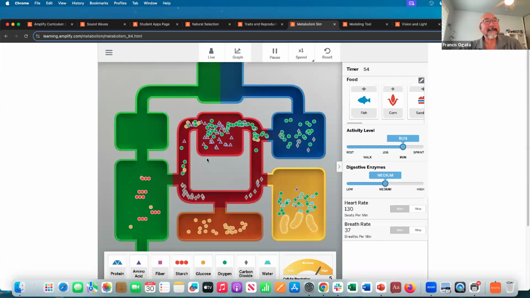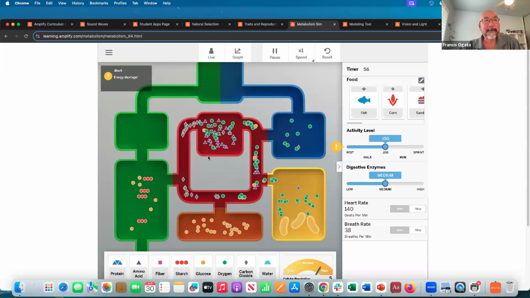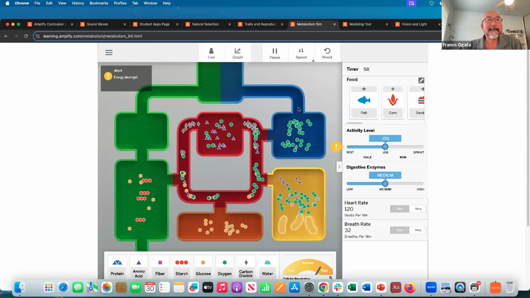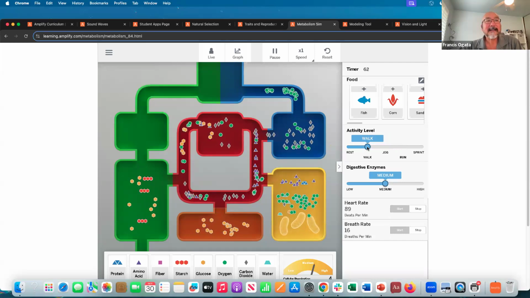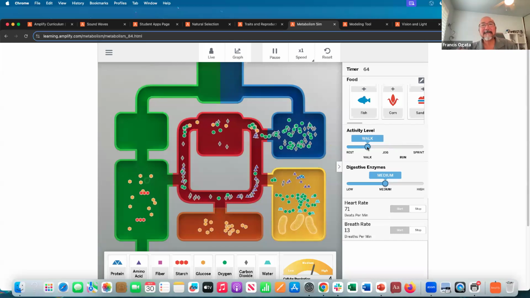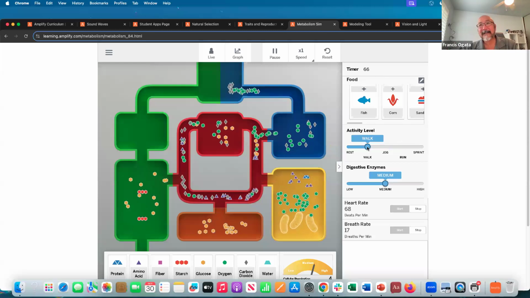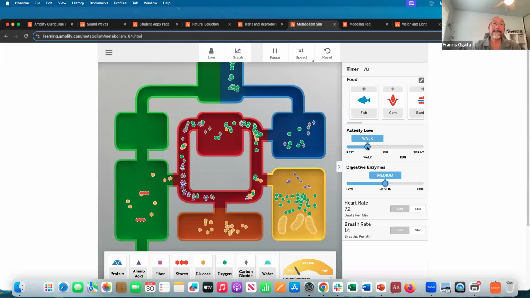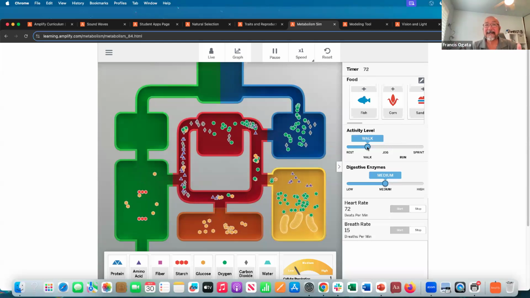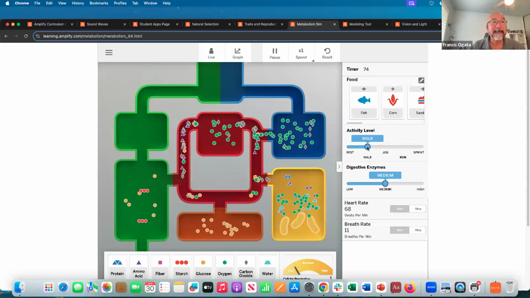One of the things that they do learn, though, is about cellular respiration. And it's interesting because when you think about cellular respiration, the idea is, how does cellular respiration break down food to provide energy and release carbon dioxide? That's actually the standard for this unit, right? How does cellular respiration break down food to provide energy and release carbon dioxide?